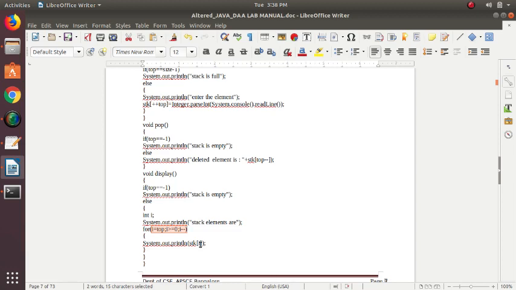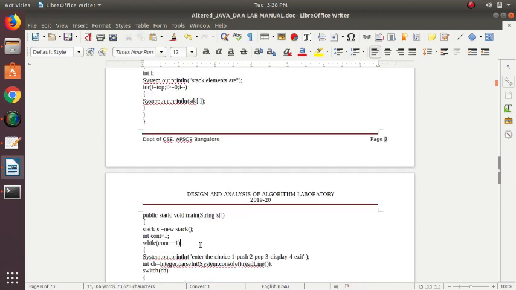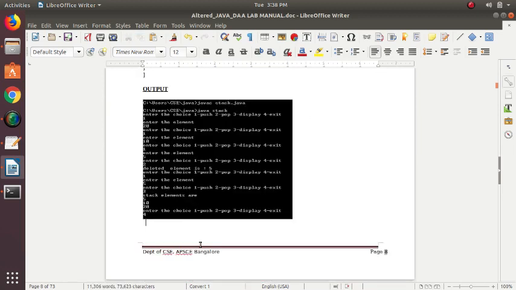So if I look at the sample output given in the manual, see here. 1 means I need to insert a value, 20, and then again 1, I insert 10, again 1, I insert 5. Next my option is 2.